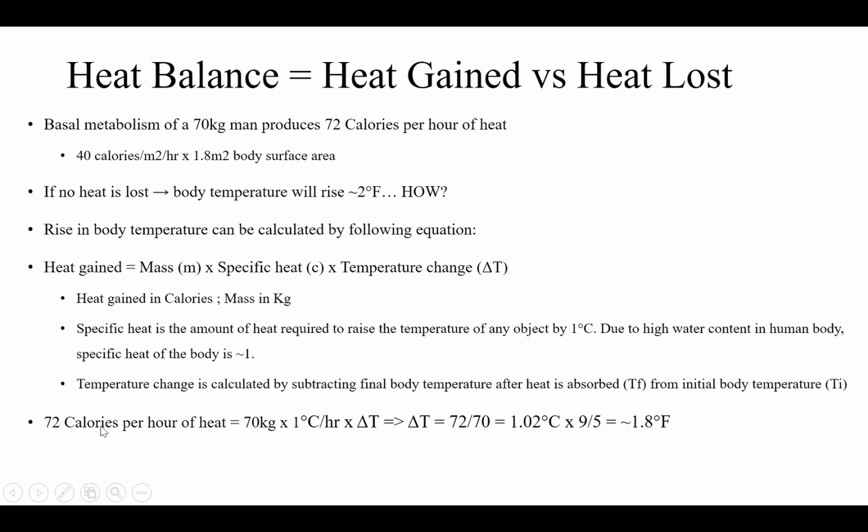So 72 calories per hour of heat gained equals 70 kilograms multiplied by 1 degree centigrade per hour multiplied by delta T. Delta T is 72 over 70. So delta T is equal to 1.02 degrees centigrade, and when it's converted it turns out to be 1.8, which is equal to about 2